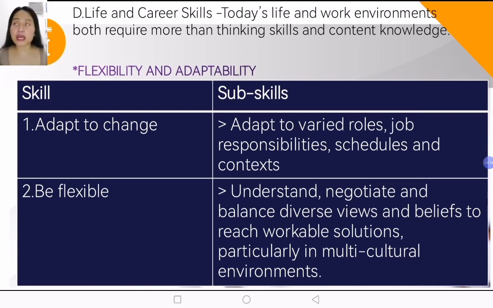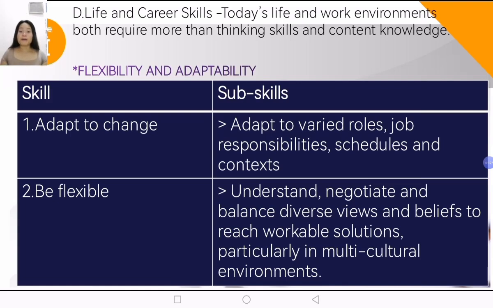So if we are going to take into account the responsibilities of the teacher, a teacher herself has administrative duties to play. That is why adapting to change, kasi, when you enter a school, or when you already get that job, you thought teaching is all you have to do, but actually you need to adapt to change and accept the challenges that come your way. So next is to be flexible, that whether you like it or not, even if you are an English major, you'll be needing to teach mathematics. There is a need to teach Filipino, or even in a single setting,